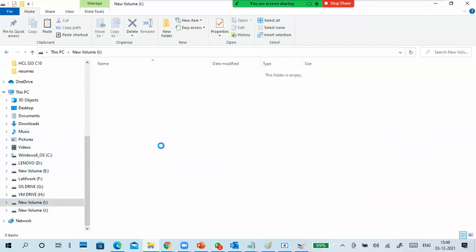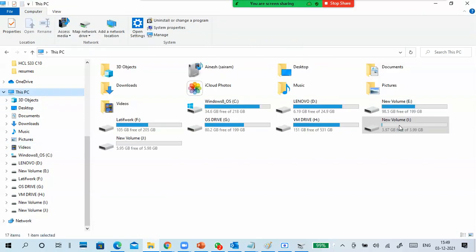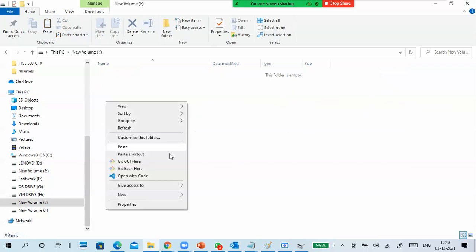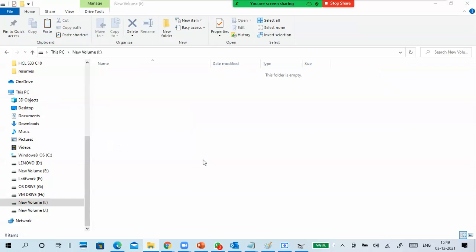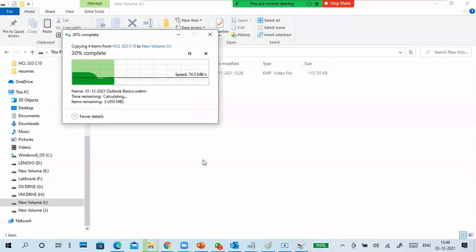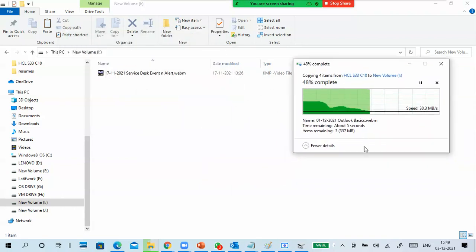I'm putting here in my I drive. See, look at this I drive, 4 GB drive. Just paste. Okay, it is our videos only, right? At least minimum size will be there, at least 500 MB.